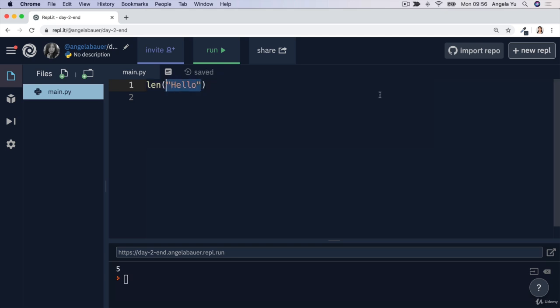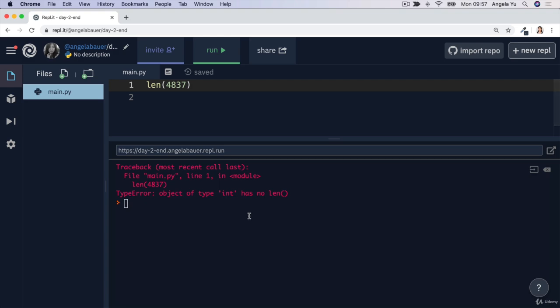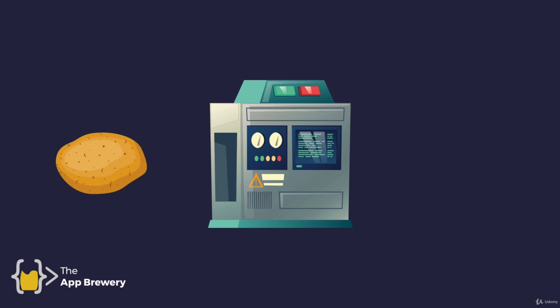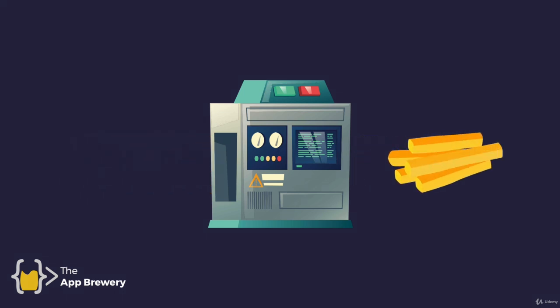Previously, we saw how the len function gives us a type error when we give it a number instead of a string. So let's talk a little bit more about data types and functions. The way I think about functions is kind of like some sort of fancy machine that you might see in a factory, right? In this case, we've got some sort of machine that's going to take potatoes into chips. And we don't really care how it does it, but it's probably going to have to peel the potatoes, wash the potatoes, cut it up, fry it,